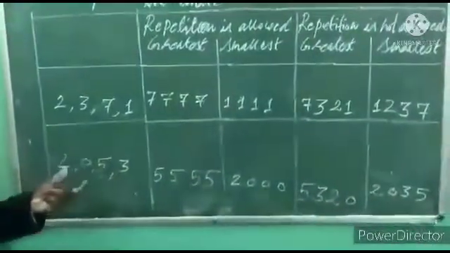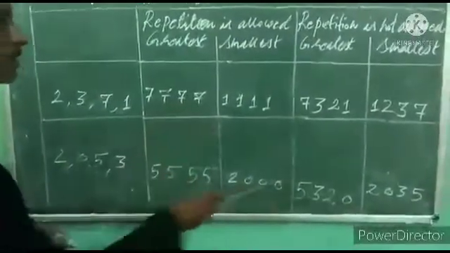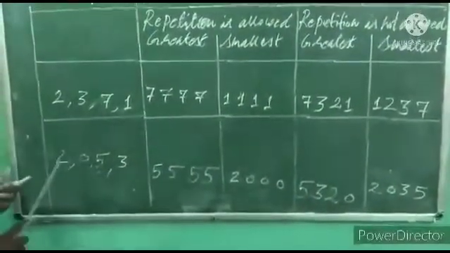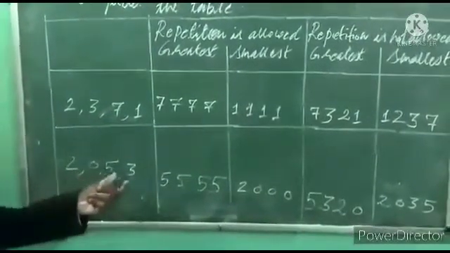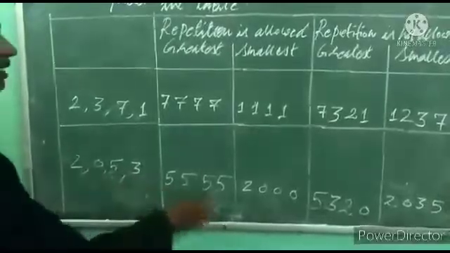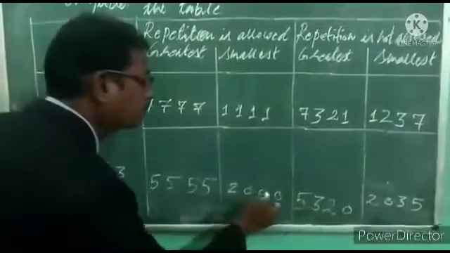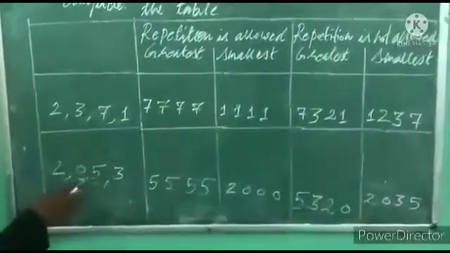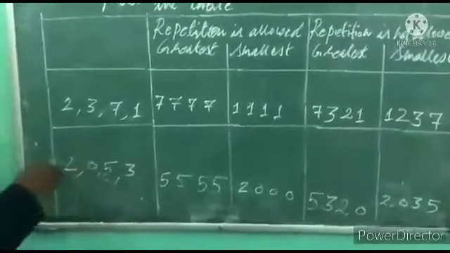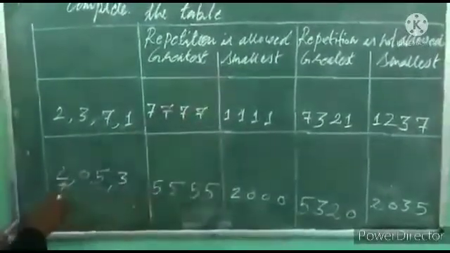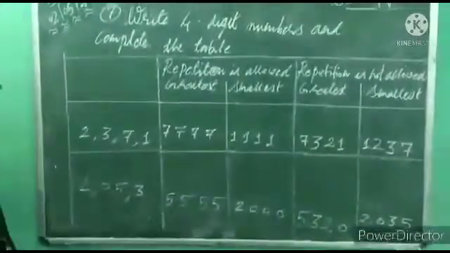Now next question, 2, 0. When 0 is there, keep in mind, a lot of mistakes you are making while writing the smallest number. Greatest number, no problem. 2, 0, 5, 3. Greatest number is 5, so write 5 four times. For the smallest number, many students were writing 0, 0, 0, 0 like that, 4 times. Take after 0 which number is present, that number you have to check. Here 2 is given. So write 2 and after that 3 zeros.